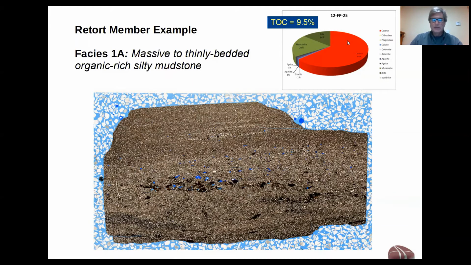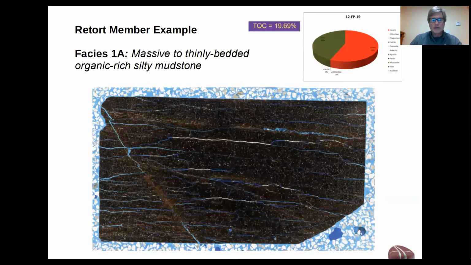So this brings up the question, where did all that quartz silt come from that we're seeing in both the Mead Peak and the retort? And the answer is it's most likely to be aeolian, driven off of the Pangaean continent by those trade winds that we talked about in the last webinar, those northeasterly trade winds coming off the continent, blowing oblique to the shoreline and delivering a lot of silt from that desert environment to the offshore region into the Phosphoria